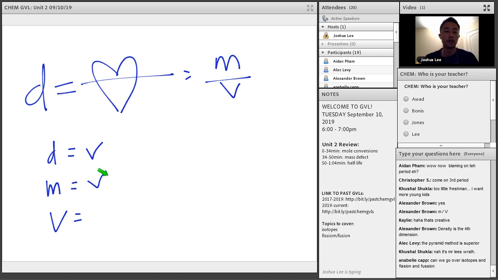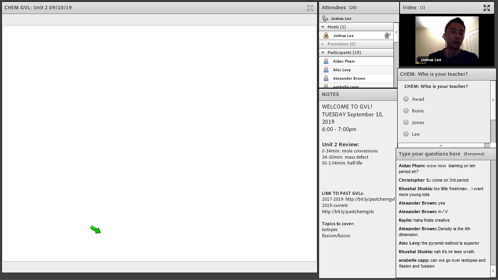So then this volume would be the one that you're looking for. So this is just algebra. I guess we could do some density problems. Let's see, calculate the density of